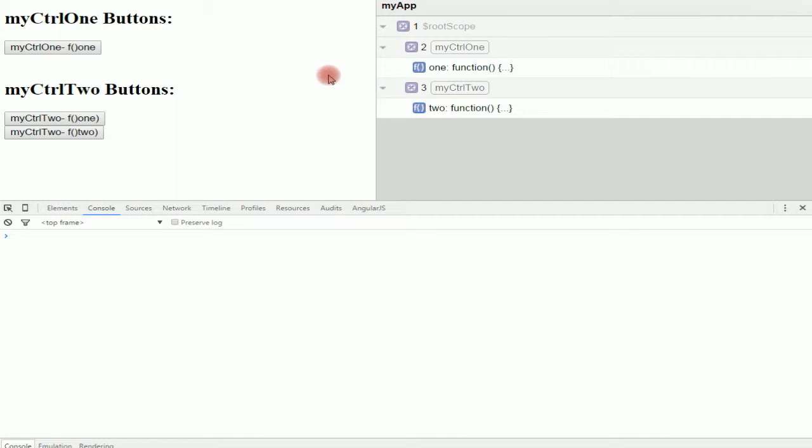myCTRL1 scope carries function 1, and myCTRL2 scope carries function 2. Function 1 is only available to the button element linked to the myCTRL1 controller. Clicking on this button triggers this function, myCTRL1 scope accessed, and function 2 is only available to the button element linked to myCTRL2 controller. Clicking on this button triggers the function 2 function,